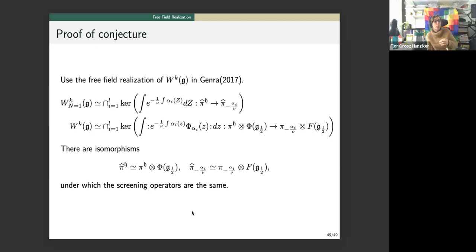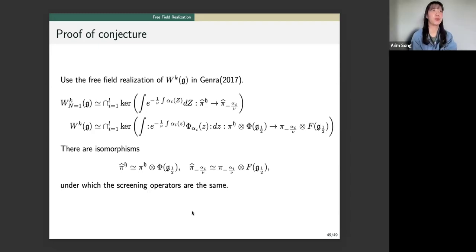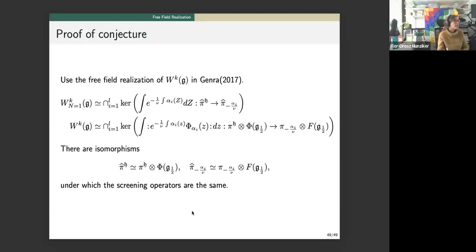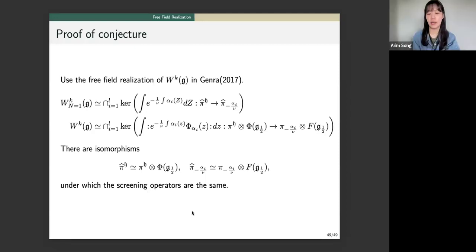I'll ask Arim: how difficult is it if the nilpotent is not principal? If it's not principal, I'm guessing it's still open, right? Yeah, it's still open. I think even in principal cases,